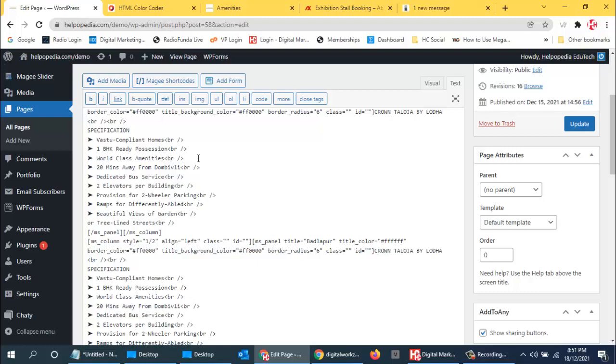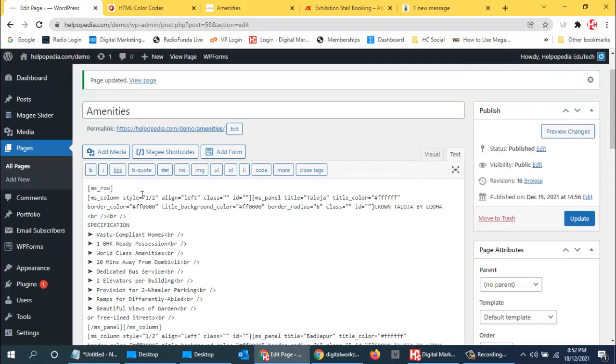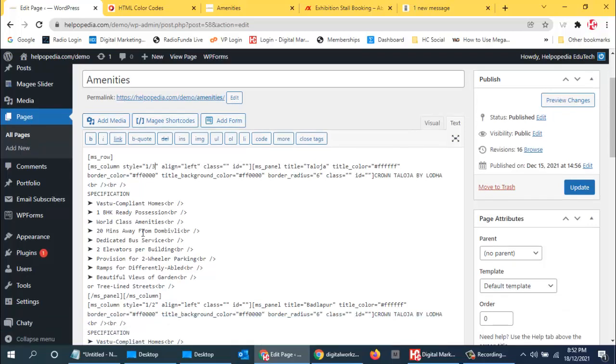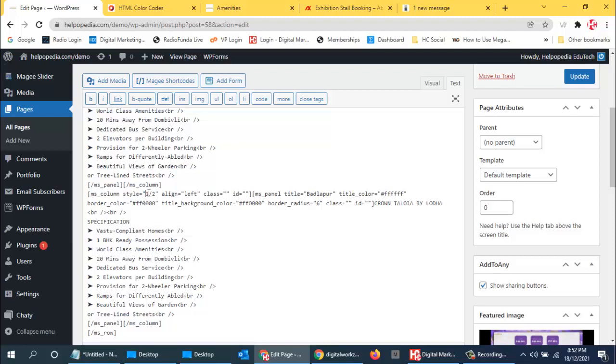Now if you want to make one column as 1 by 4 and another one as 3 by 4, then one column will be small and one column will be very big. So that will be 3/4. Like that also you can use. So this is only what we can use. Say, suppose instead of half, let me make it 1/3, and over here I'll make it 3/4. This is just for testing purposes, so you will get the idea how you can use it.